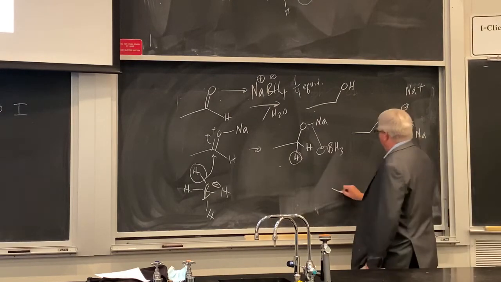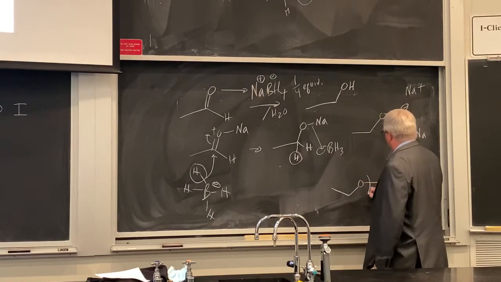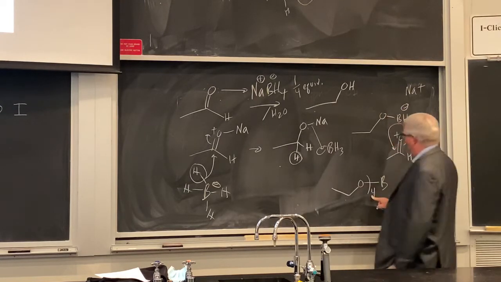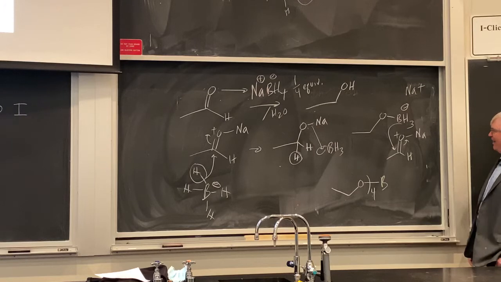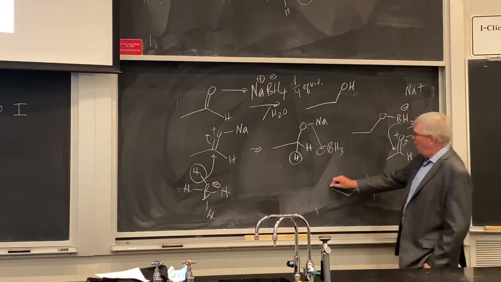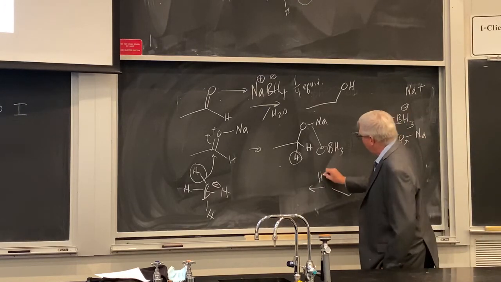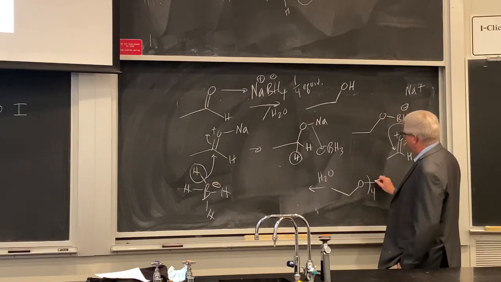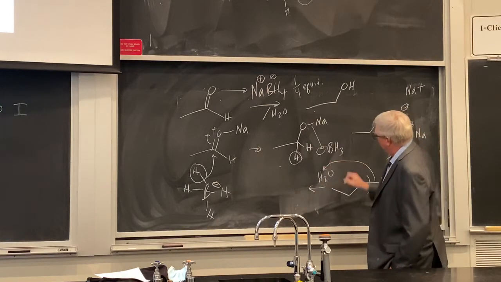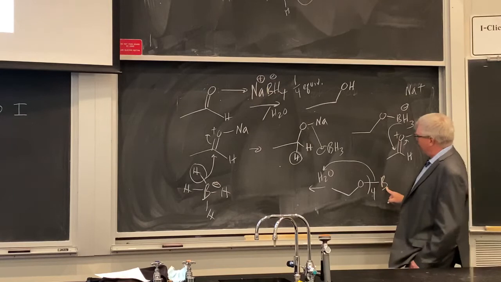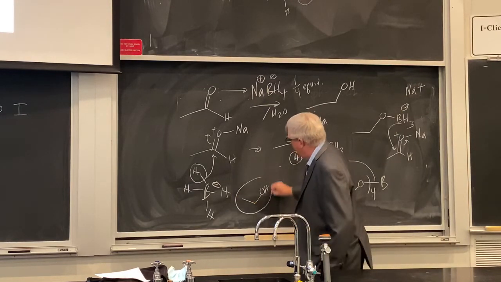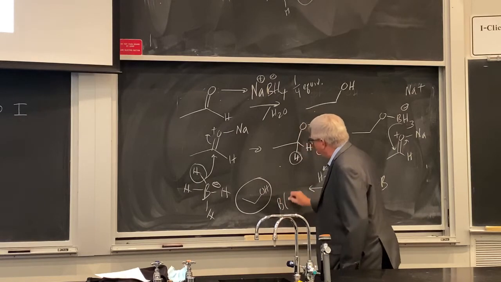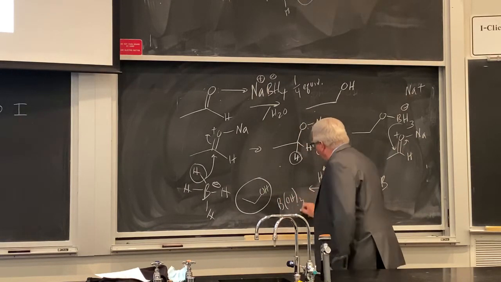So what you'll end up with at the end is this, actually. Boron with 4 ethoxy groups on there, okay, at the very end. Now, water at this point comes in, and I'm not going to go through all this, but water eventually transfers the hydride, and then OH gets transferred to boron, and you wind up with the alcohol product, okay, and you wind up with boric acid, or